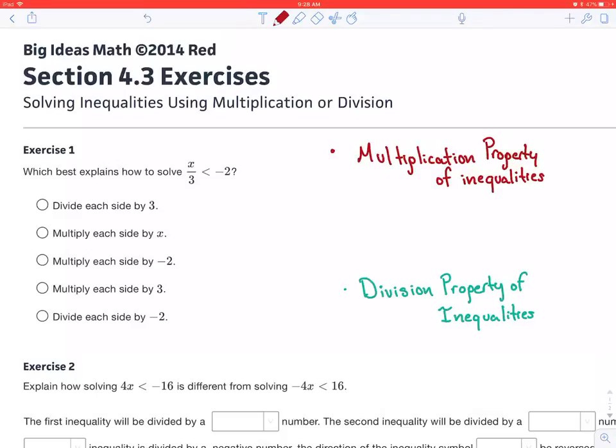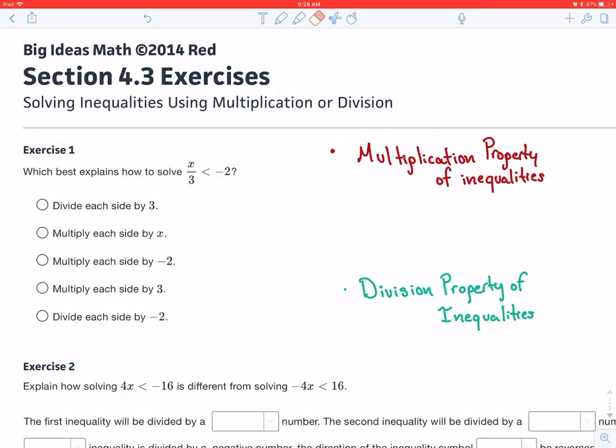Hey everybody, in this video we are going to be going over section 4.3 exercises. So this is the beginning video, questions 1 through 5. And we are going to start off with exercise 1, which asks us to describe, so explain how to solve